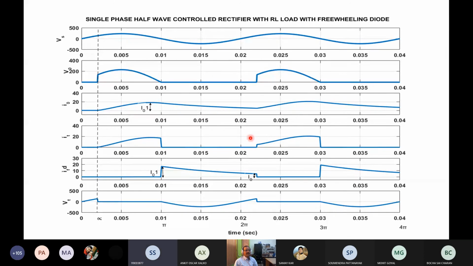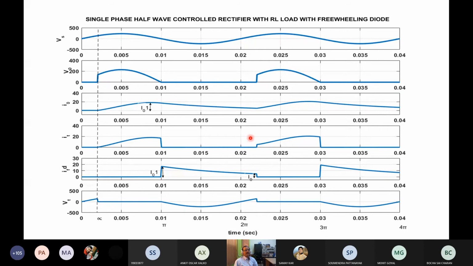We notice, plus the load current waveform has improved because of the freewheeling diode. Because now the current is flowing through a low resistance path. Voltage drop is very less, so the circuit becomes efficient. When current was flowing against the source voltage and through a very high resistive path, it was dropping very quickly.